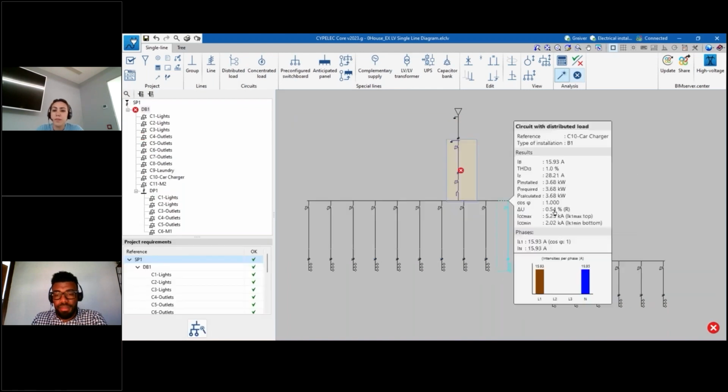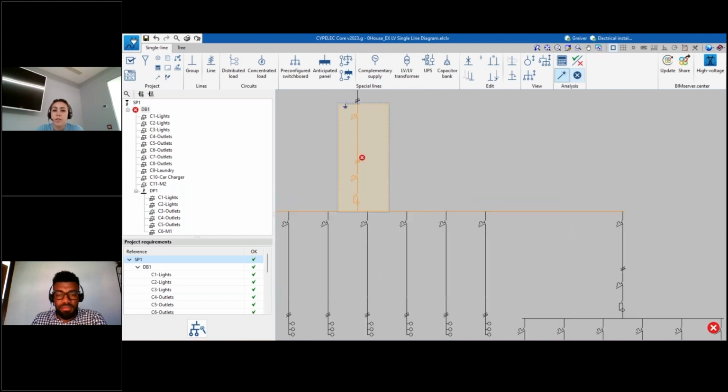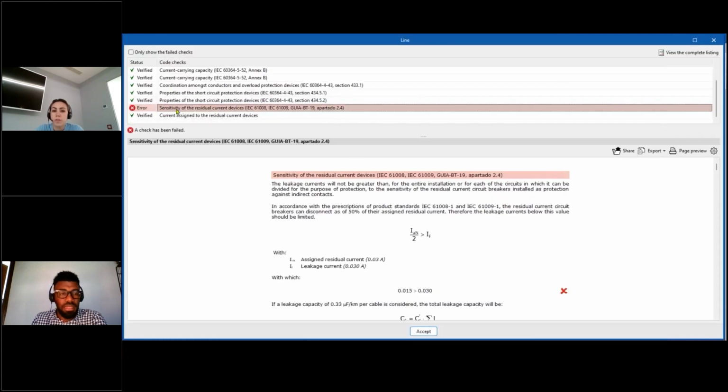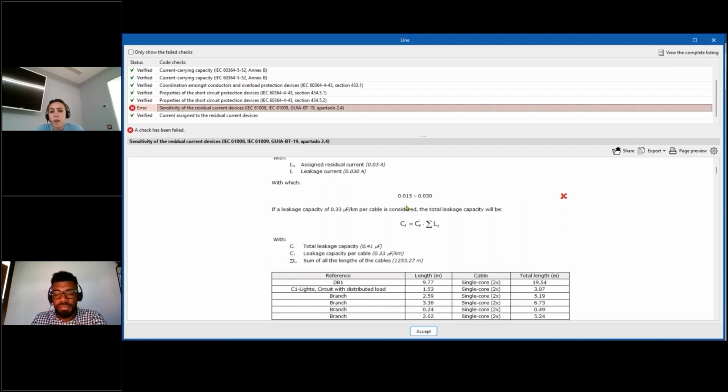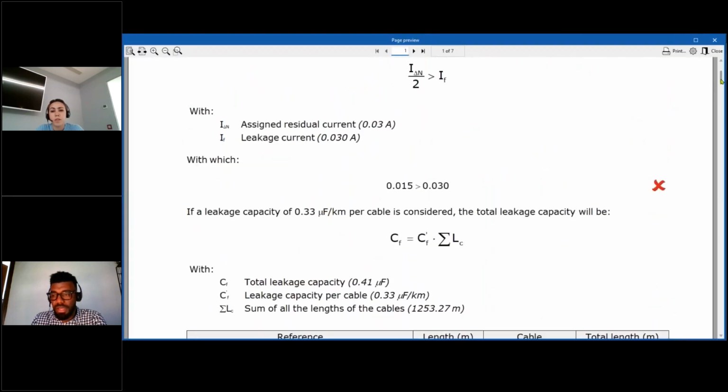Okay. And for example, here we only have one error left. And if we go clicking here, it is because of the selectivity. That's something that a software cannot do automatically. So we are gonna need to do it manually, because here we are gonna have to take a decision, you know. So here, this is the error that we have. But if we go down here,